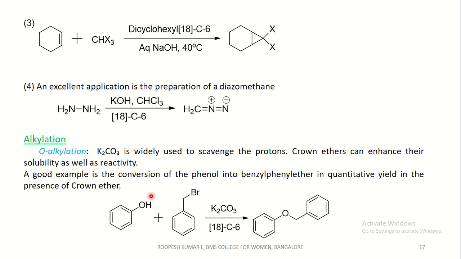We can see the phenol reacts with benzyl bromide in the presence of potassium carbonate and 18-crown-6. As I told you, potassium carbonate is used to scavenge the protons, that is, it abstracts the phenol proton to form the corresponding phenoxide. This phenoxide attacks here with the elimination of a bromide ion to form the benzyl phenyl ether in good